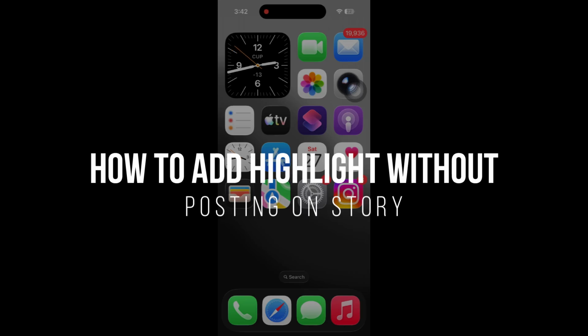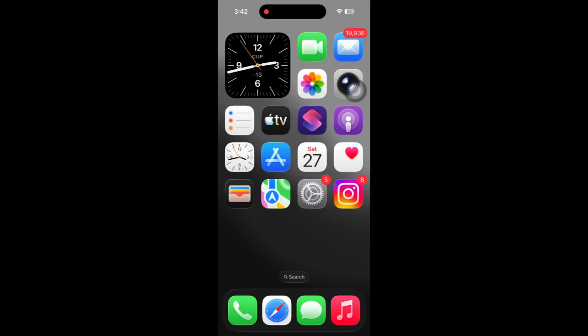How to add highlights on Instagram without posting on Story. Hey guys, in this video, I'm going to show you how you can add highlights on Instagram without publicly posting